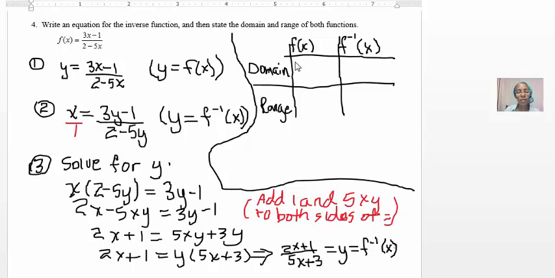So if I set 2 minus 5x not equal to 0 and simplify, I wind up with x can't equal 2/5. So the domain of f is the union of the two intervals -infinity to 2/5 union